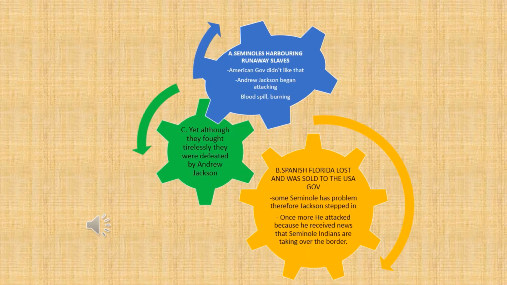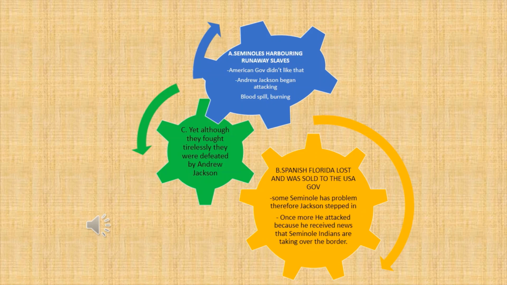Okay guys, so we are coming to the next part. This part is what you call the Seminoles. If you can see, there are three gears. The first gear is blue, the second one is yellow, and the third one is green. So here is a short brief of what happens in page 91 and page 92. You don't have to refer to your book too much, but if you want a deeper understanding, then you can. Here I've summed it up. I've made a summary out of it.